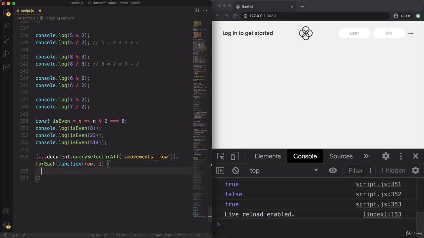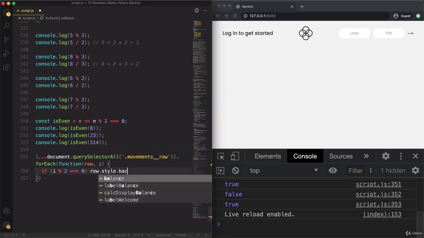All right. And now let's say that I wanted to color every second row of the movements. So all I have to do is to check if the current index is divisible by 2. So i, which will start at 0, then it's going to be 1, 2, 3, 4, and so on and so forth. So if I want to color every second row, then if I do this, then every second number will be divisible by 2, and every other second number will not. So I can just check if it's 0, and if it is, then I take the current row,